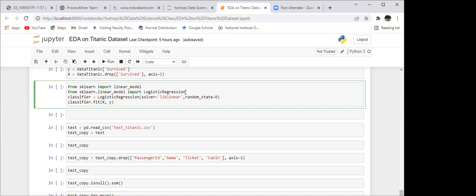Like in our case, our target variable is Survived, right? And it is categorical. If somebody has survived, it is denoted by 1. If not, it is 0. It is categorical and binary. It's going to be